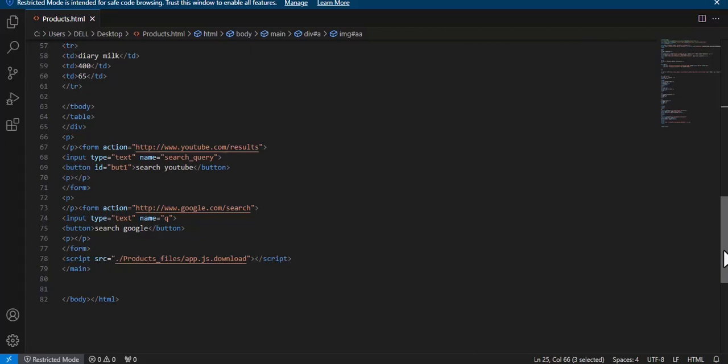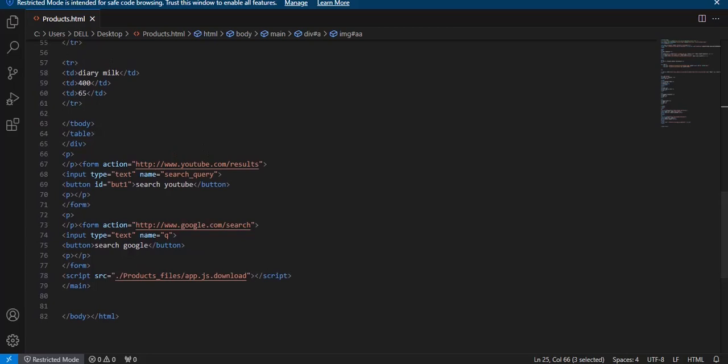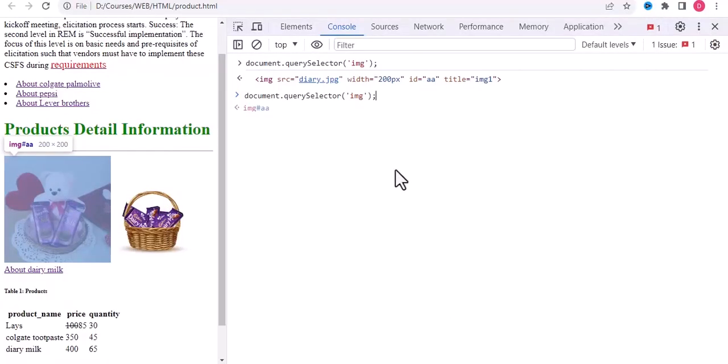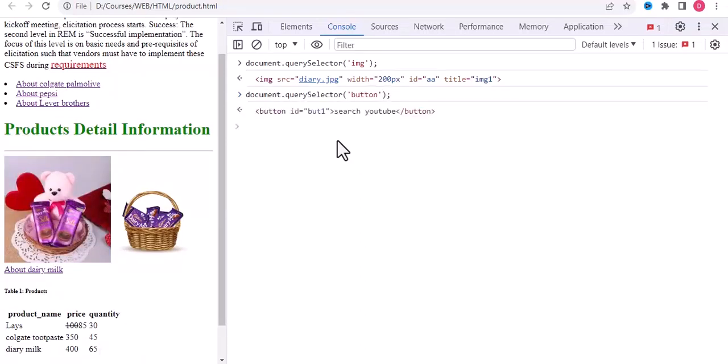The button ID is but1. So if I write the ID of the button, it's but1. Now if I want to assign this one the ID of button, for example, so I'll write